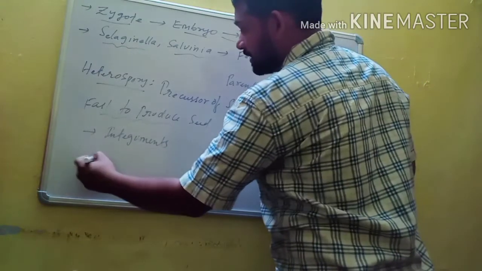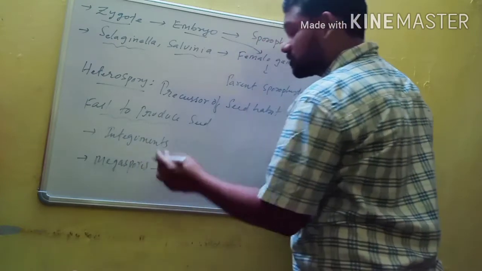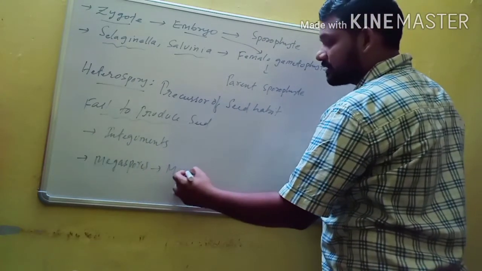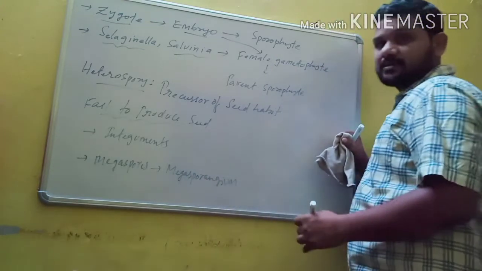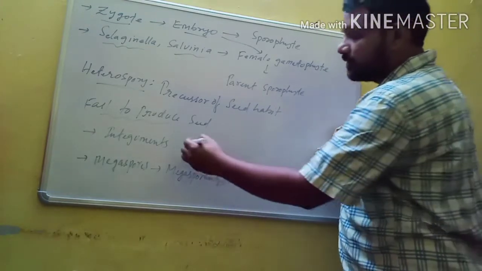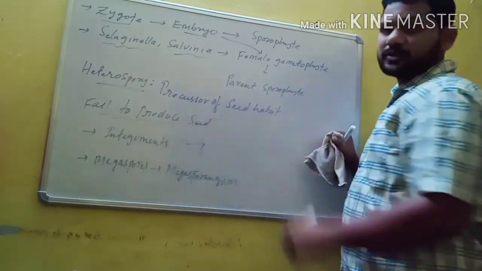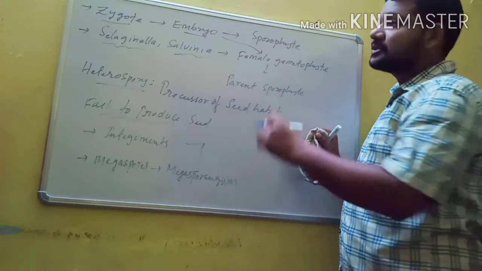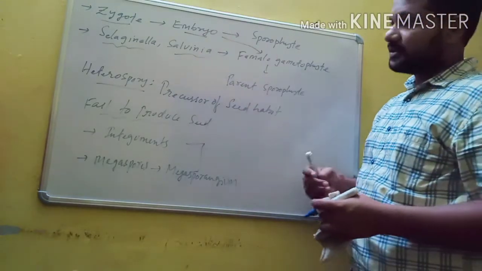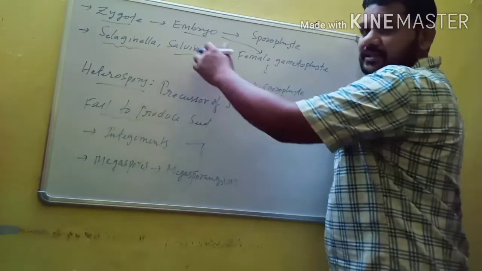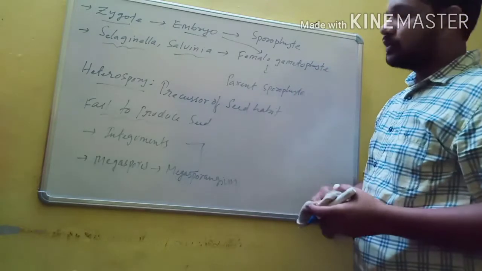And one more thing, the retention of megaspores permanently within the megasporangium has not been established. So due to these two characters, some of the heterosporous pteridophytes fail to produce seeds. But the seed producing habit initially originated in pteridophytes. That's why heterosporous pteridophytes are the precursor of seed producing plants like gymnosperms and angiosperms.